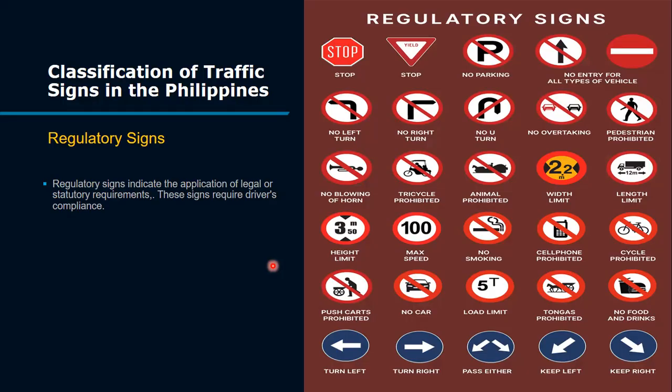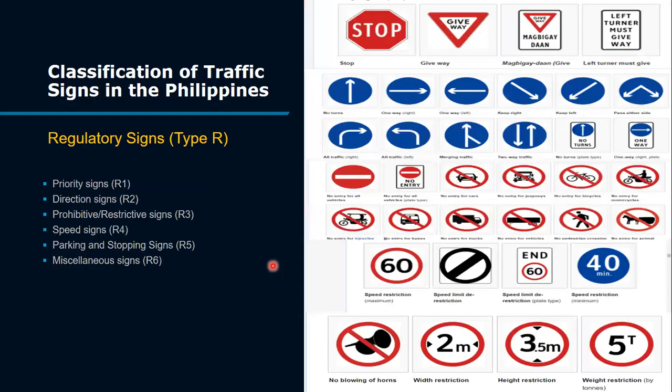Okay, so the regulatory signs. These are signs that inform road users of traffic laws and regulations, which, if disregarded, will constitute an offense. Okay. So the classification of traffic signs in the Philippines, the